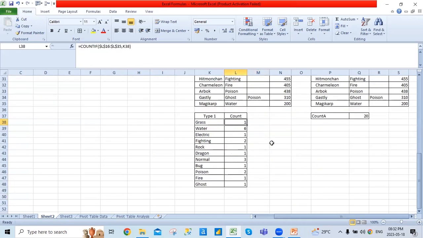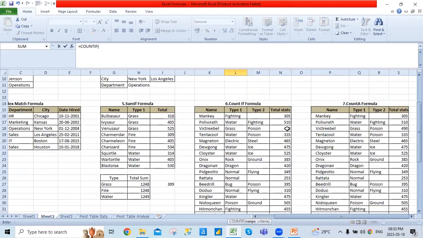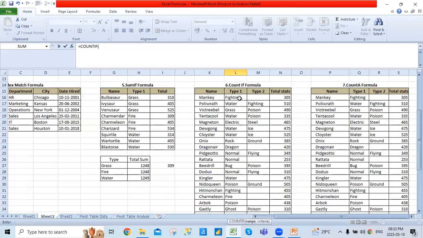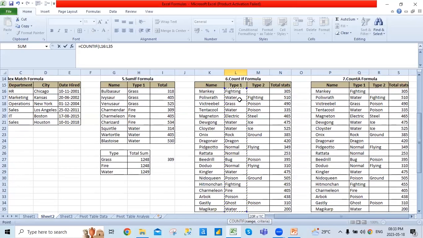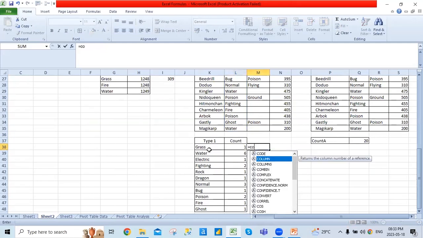Again, just simply count on the basis of the criteria. So if you go to COUNTIF, I want to first give the range. So my range would be here, the type. I'll make it absolute, and then my criteria is this. So I'll get this. Now, in this also we have COUNTIFS,